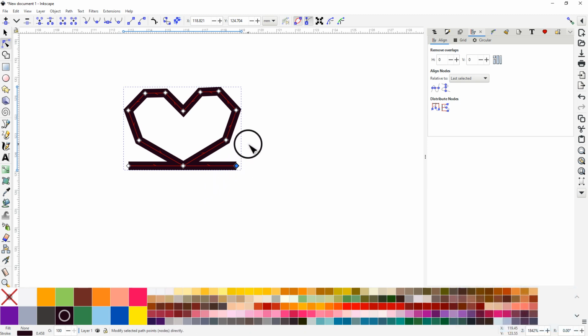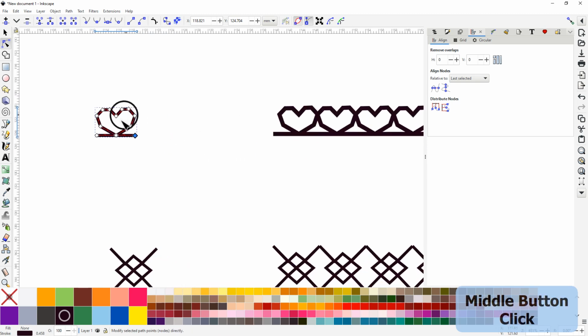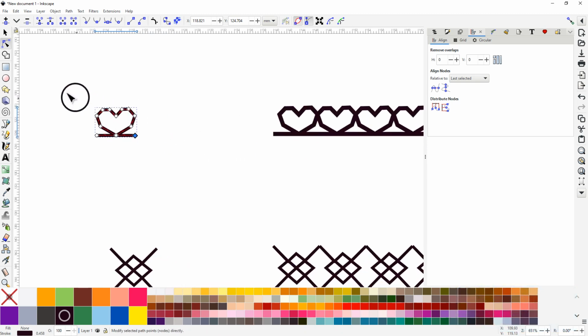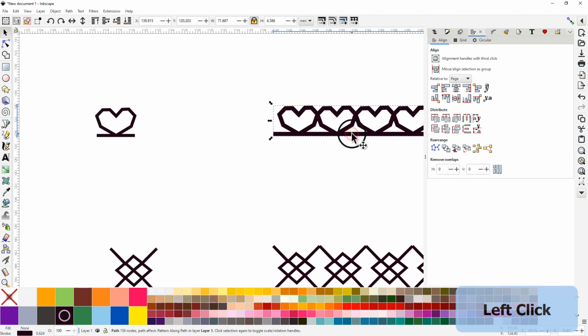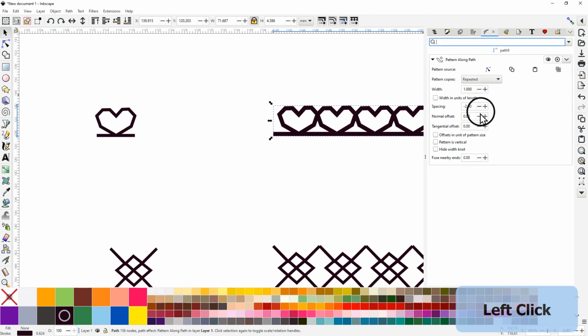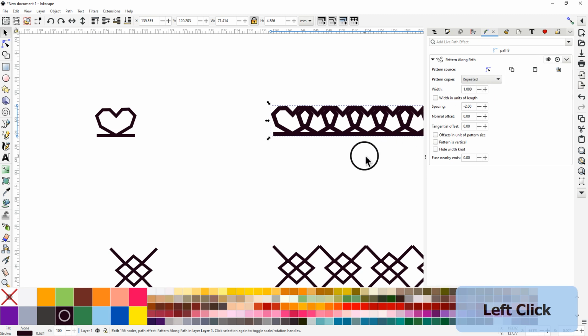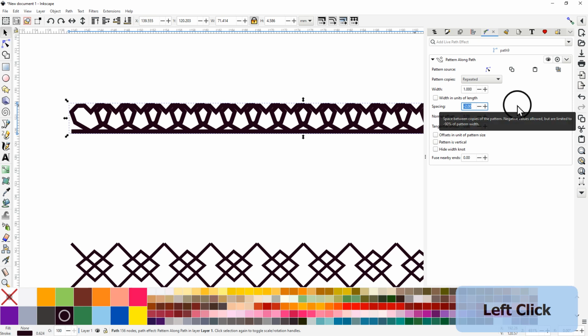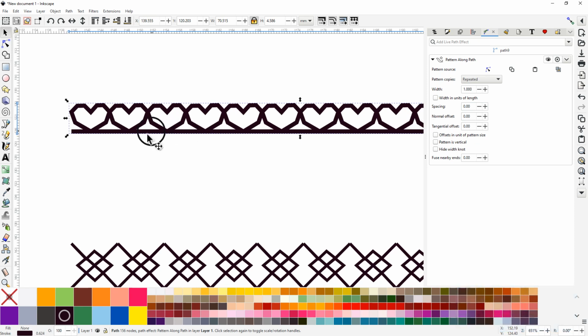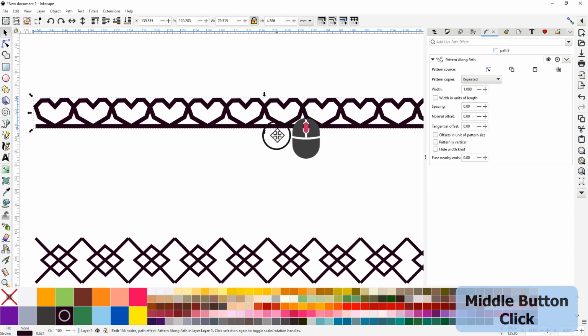So, if you now go and copy and paste, select the object and copy, and now I can go into the path effect and I can go and paste. But now you can see the hearts are overlapping, and that is because we entered here a spacing value. If I press now the 0, and then it should be,